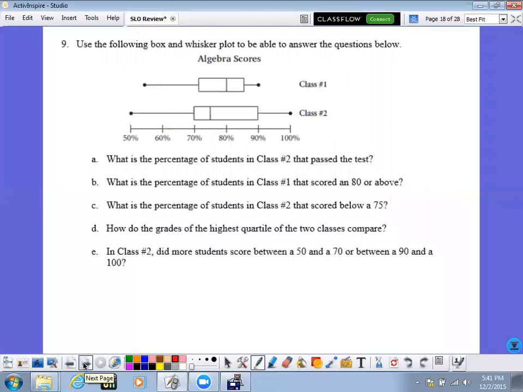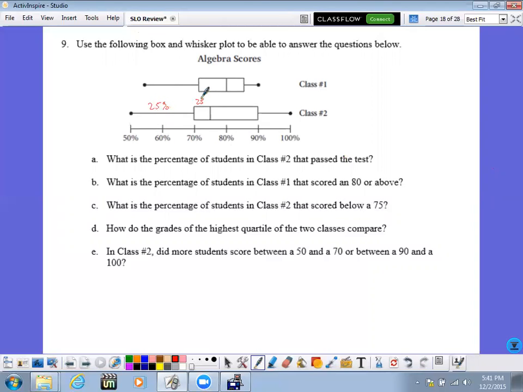So now what if one's already created and you have to answer questions? So the first question, you have these two box and whisker plots. You could get the 5-number summary if you wanted to. You look at the first one, it says, what's the percentage of students in class number 2 that passed the test? Something that I'm going to do just to remind myself, I'm going to put